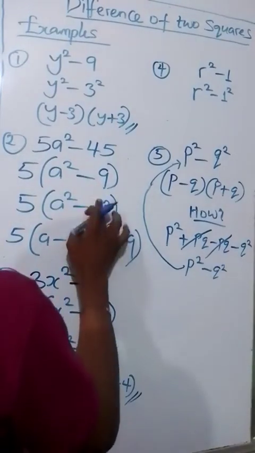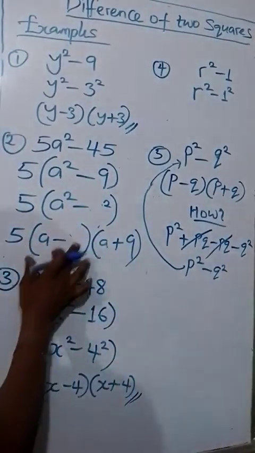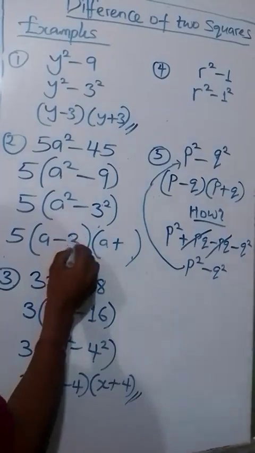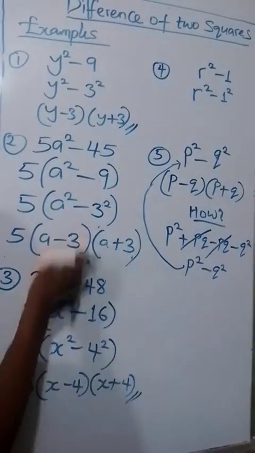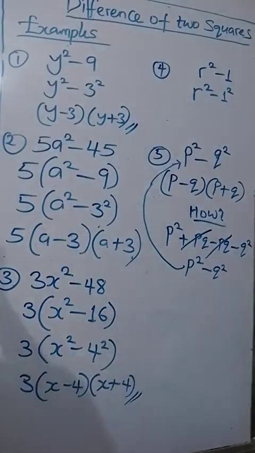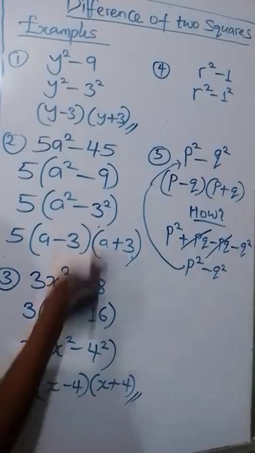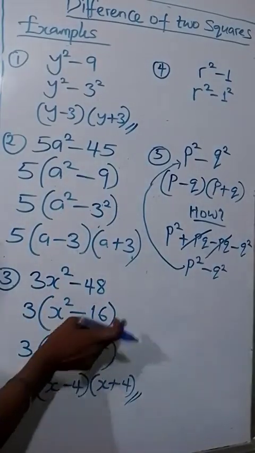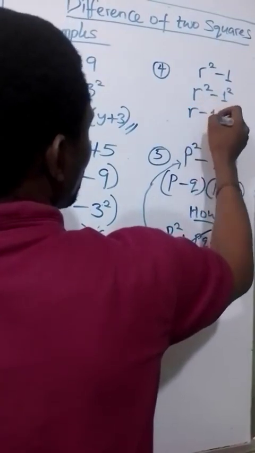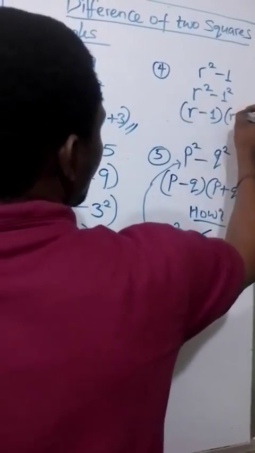Sorry, this is 3 squared. See, this is 3 squared. Alright. 3 squared will give us 9. 4 squared will give us 16. So now we have r minus 1, r plus